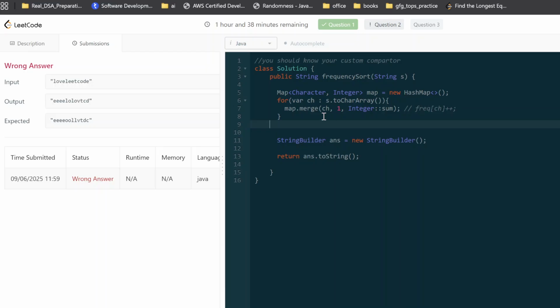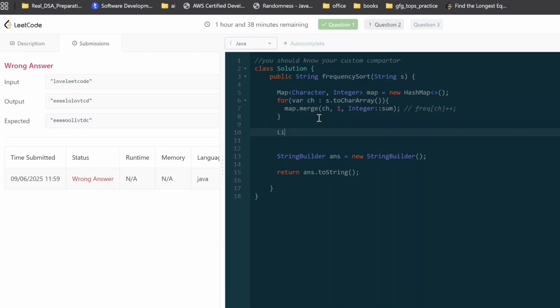Okay, so we now have frequency. Now I'm going to create a list of pair, maybe a new ArrayList, and my pair will contain a character and its frequency because I need to sort it. So I don't need this map also, actually, to be honest,